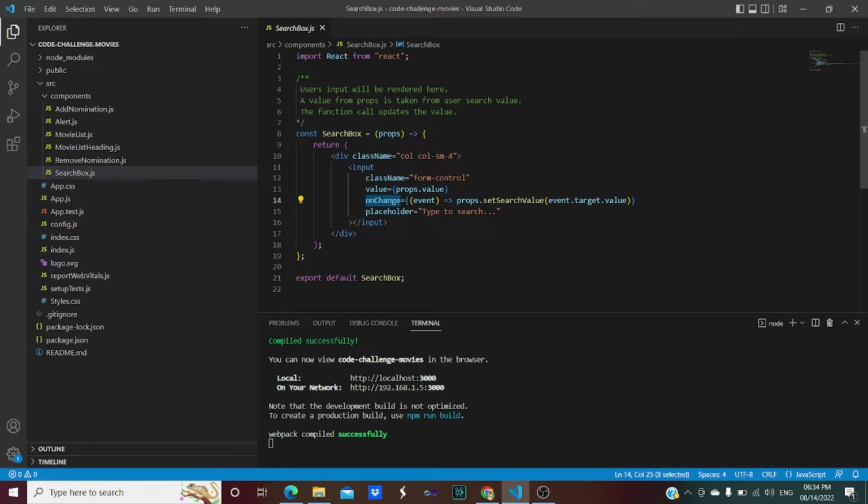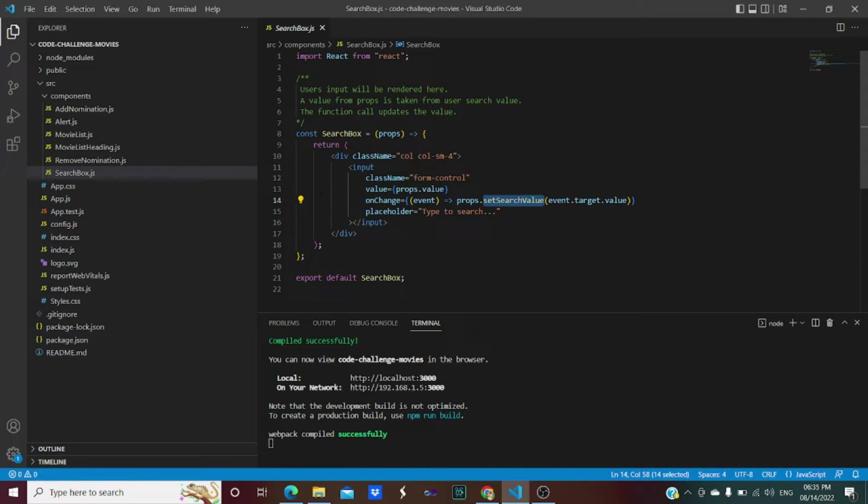For that purpose, I have worked on that as well. And according to the value that is updated in that search box, obviously the function will be called so that we are able to search for that particular keyword through the API. And here is that thing.